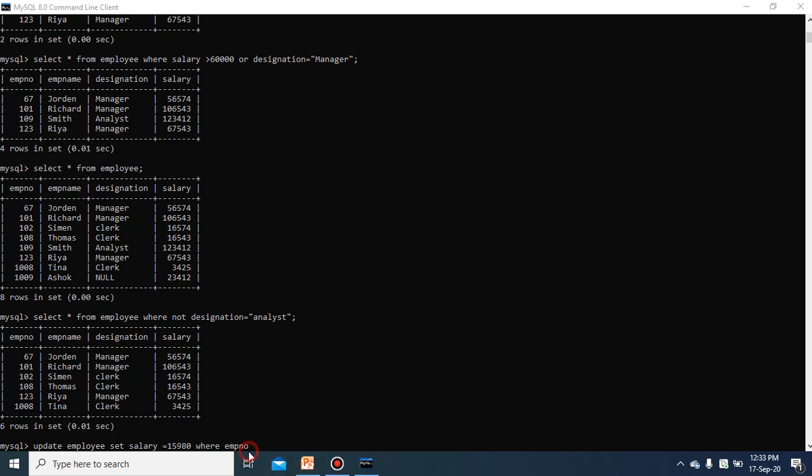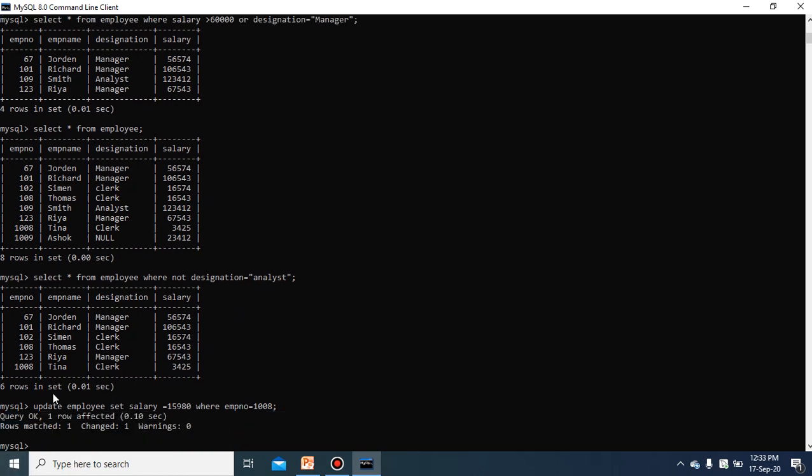If you have set it, then this employee number will never be repeated. So in that way, you will write equal to 1008. This will affect only this very row. You can use Tina also, where EMP name equal to Tina, because there is no other employee name except this very Tina. Only the single name Tina is there. If there is more than one Tina, then if you specify EMP name equal to Tina, it will affect the rest of the rows too. So I have written EMP no equal to 1008.